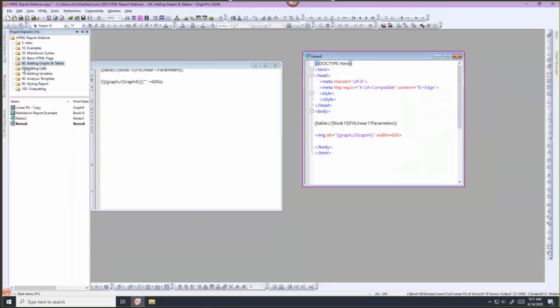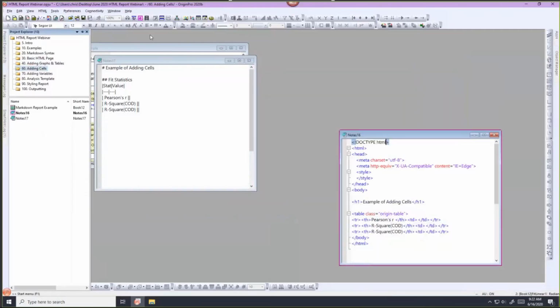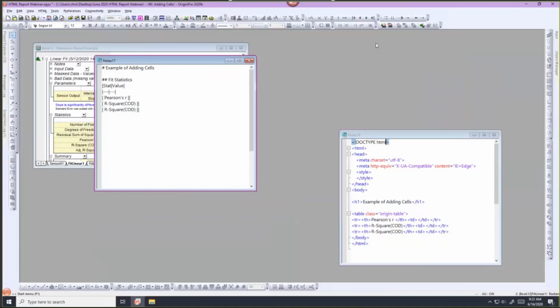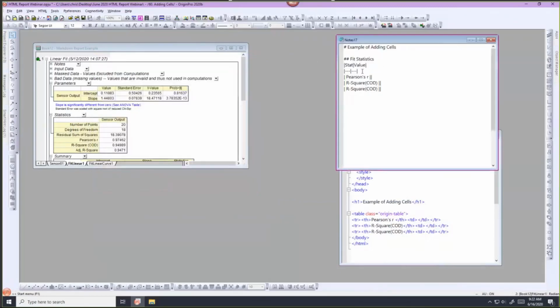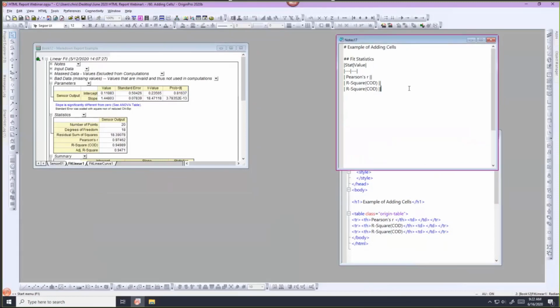How about adding individual cells from, for example, a report sheet? I have an HTML example of adding cells and I have a Markdown one, and they're both going to be tables. We created a Markdown table, if you'll remember the Markdown syntax that I talked about earlier, and we created an HTML table. We had to create this table by hand. I'll explain why we added what's called a class to this table in just a moment. Well, first let's show you how we're going to do it in Markdown. How we're going to show individual